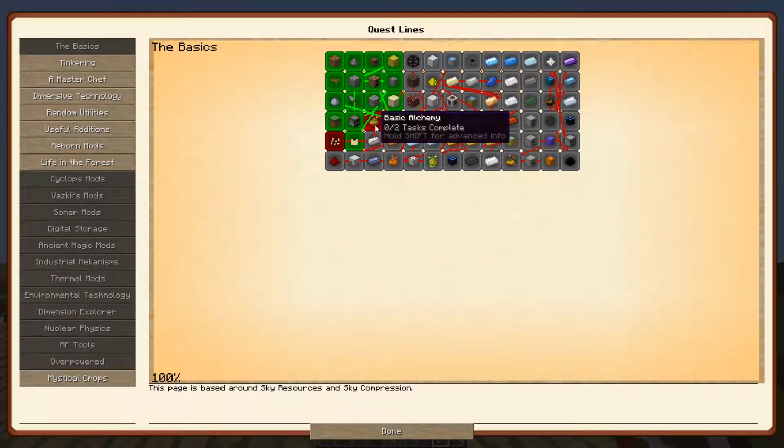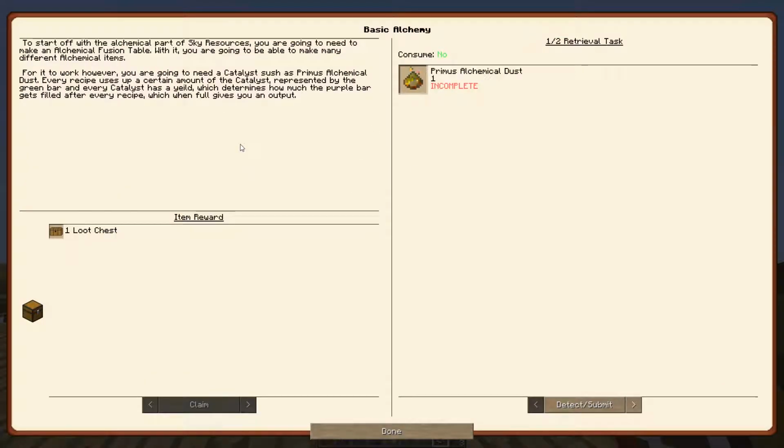We need to do a little bit of that. We also need to get onto this basic alchemy. So to start off with an alchemical part of Sky Resources, you're going to need to make an alchemical fusion table. With it, you're going to make many different alchemical items. For it to work, you need a catalyst, such as this dust. Every recipe uses up a certain amount of the catalyst, represented by the green bar, and every catalyst has a